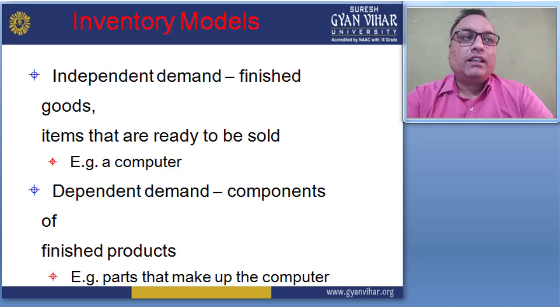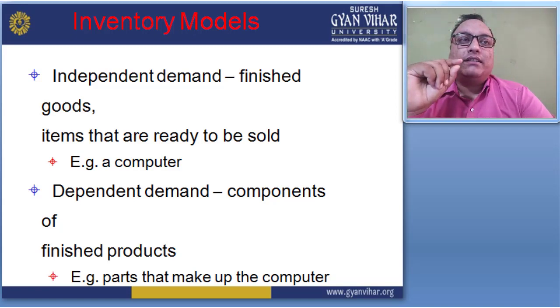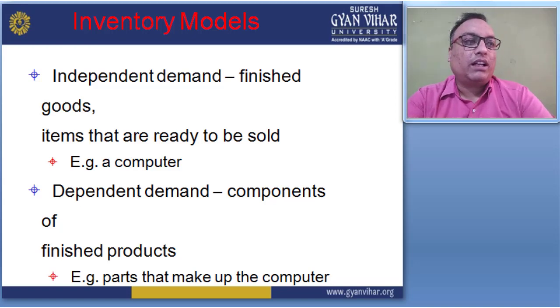And independent demand, just like finished goods, means this can provide a single component of this. Suppose just like your mobile, computer and all other things. So these are the independent demand finished good items that are ready to be sold, that means these items do not require any further modification. For example, a computer or your mobile phone or any product, suppose a Honda bike and all other things, right?